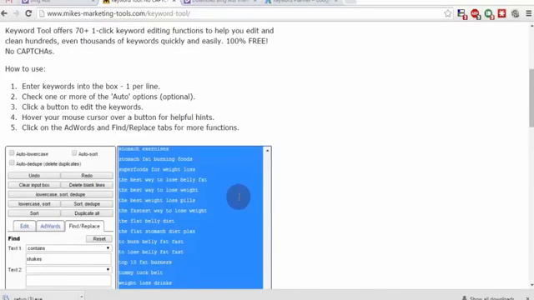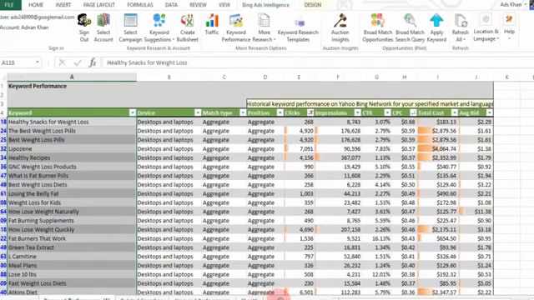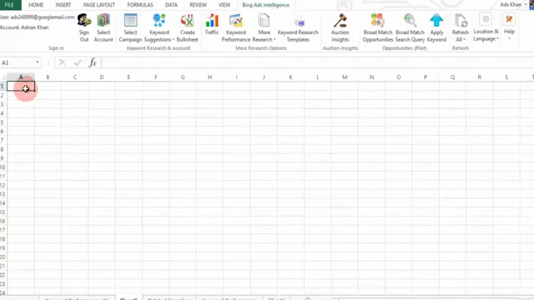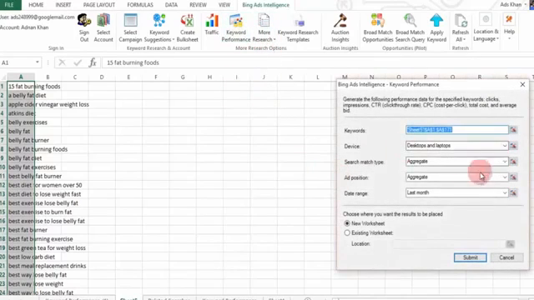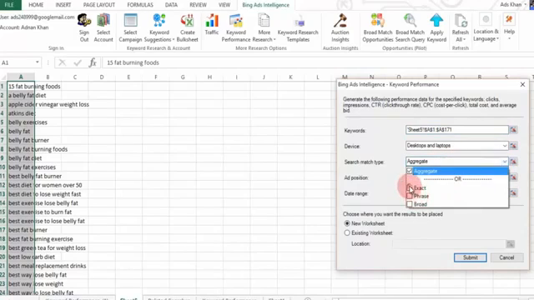So we haven't quite finished yet. Now that we've got our golden keyword list, we need to turn this into a diamond keyword list. And the way we do this is we come back to Bing, create a new sheet, paste in our golden keyword list, and now we're going to click on keyword performance, but this time where it says search match type, rather than leaving it on the aggregate option, we're going to click on here and select exact,